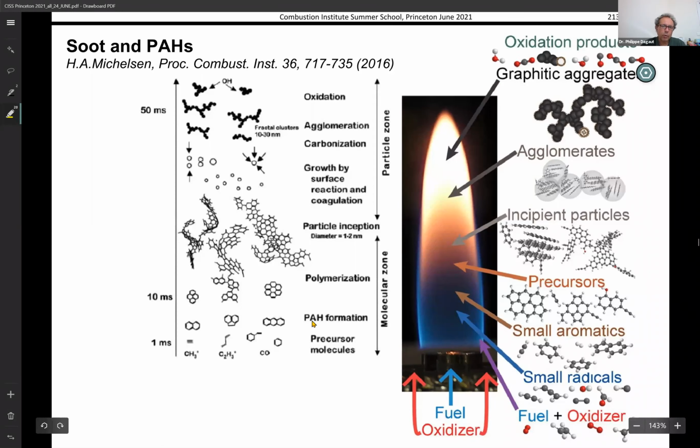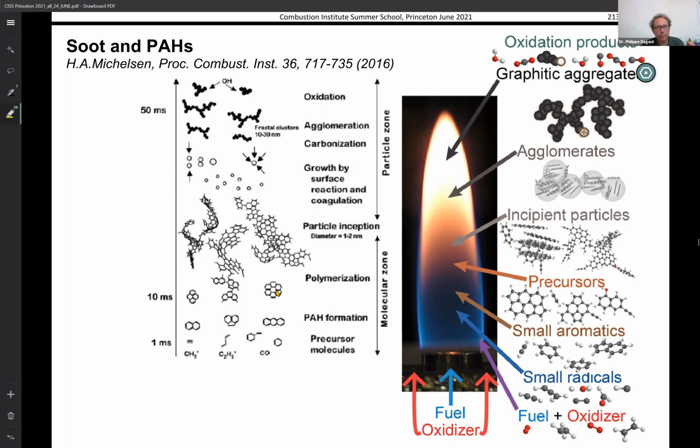So it's more advanced compared to the Bockhorn schematic that I showed you the first day, but it still starts from small species and radicals, which will recombine and start to form these precursors here, like small aromatics, styrene or benzene, and then you start to form polyaromatics, and then you will get large or heavy polyaromatics like coronene here,